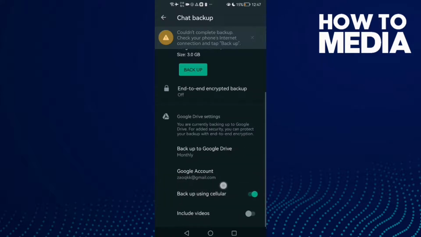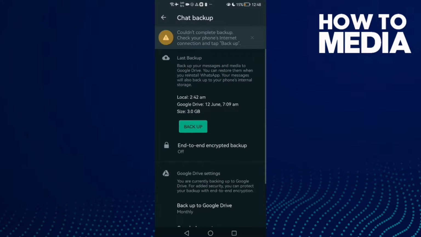as you see here you will find it. If you want to turn it off, just click on it, one click, and that's it. Now just go back, it will be saved,